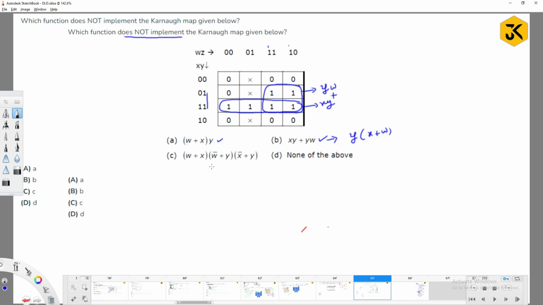Option C is in the form of product of the sums. When it is in the product of the sums, your equation will be this kind of expression. So you need to find a situation where you can make it this kind of thing or not. So I will try to do that. I will try to select the max terms in such a way that, can I select